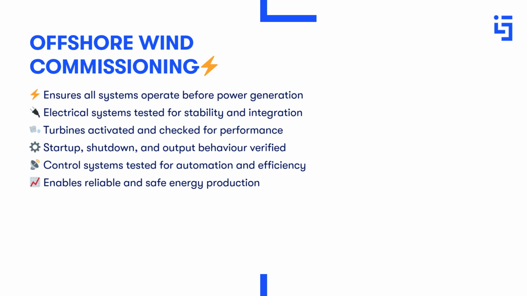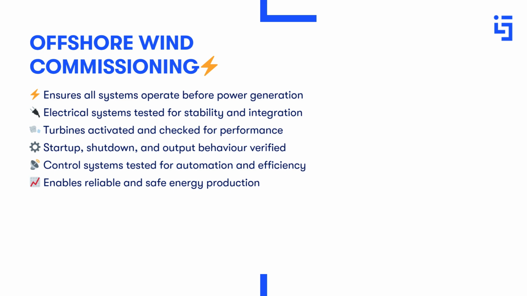This leads to turbine activation. After approval, turbines are energized and tested for startup and shutdown behavior, response to wind conditions, and overall energy output. Control systems are then evaluated. Automated systems that adjust turbine orientation and rotation speed are tested to ensure efficiency and safe operation. As a result, commissioning ensures all components function as intended, allowing the wind farm to move into reliable and efficient